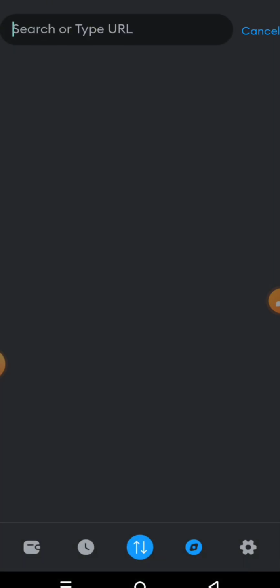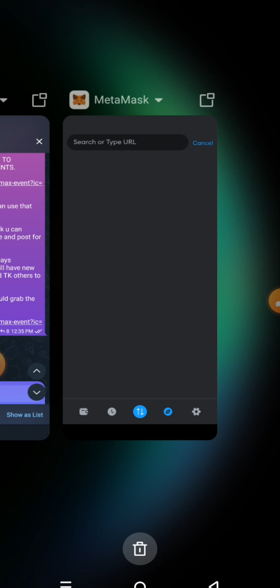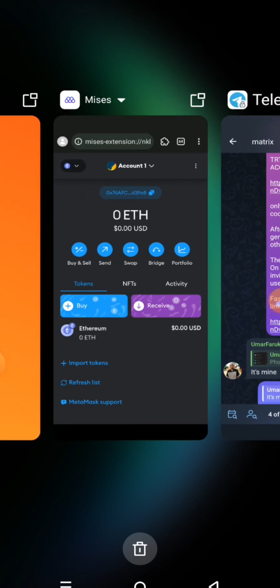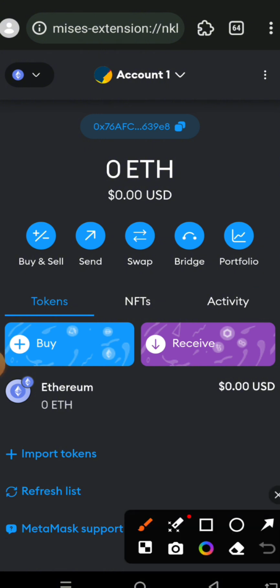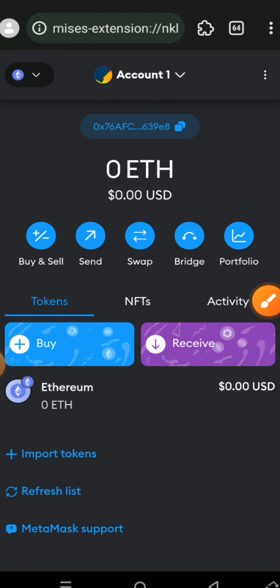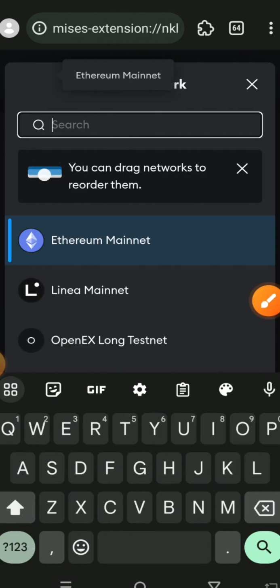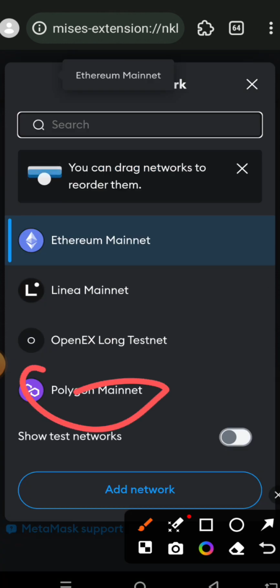But most of the time it's difficult. I prefer using the MetaMask on my MEXC browser. So now make sure you change the network before you start the Metrics airdrop, the network from ETH to Polygon, that is the Metrics network. You click there and you switch it to the Polygon Mainnet network,